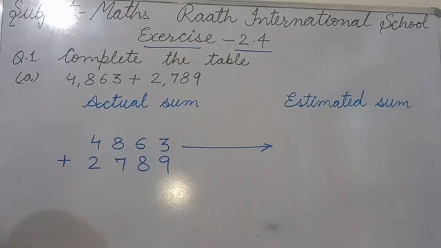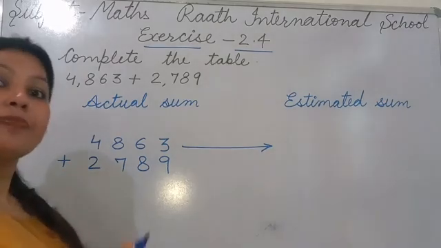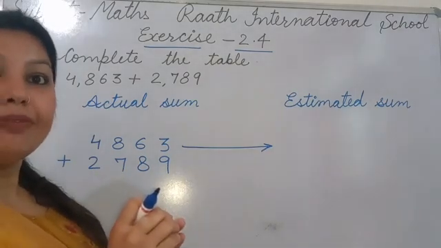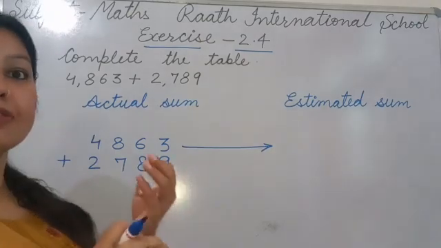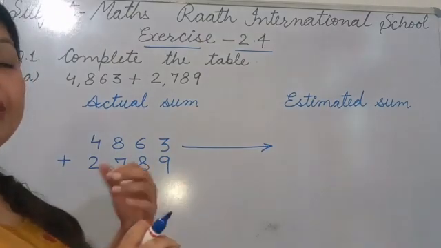How do we find rounding numbers? If we are finding rounding of 1000, we will check our 100 column. We check whether the 100 column digit is less than 5, or 5 and more than 5. If it is less than 5, meaning 4, 3, 2, 1, 0,